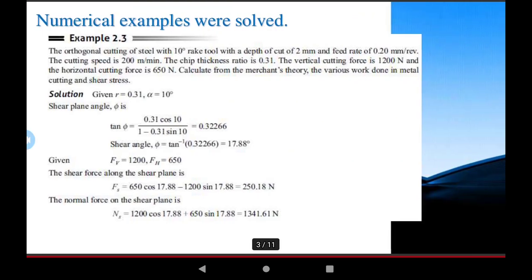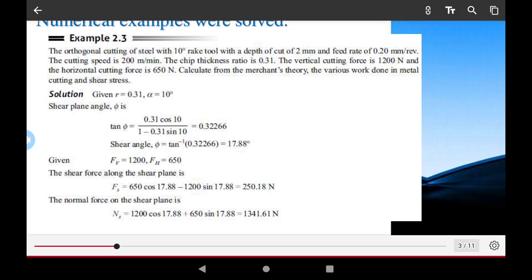The agenda for today in this video is a numerical example on the Merchant circle diagram and its various relations, to find the values in this numerical. The orthogonal cutting is said to be the orthogonal cutting of steel with the